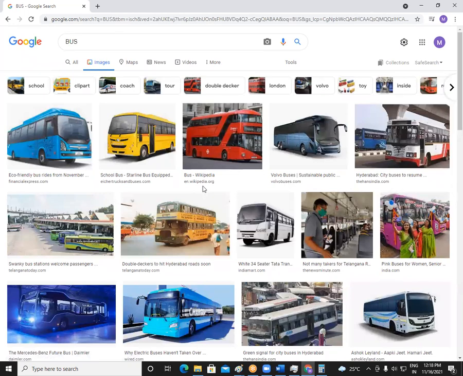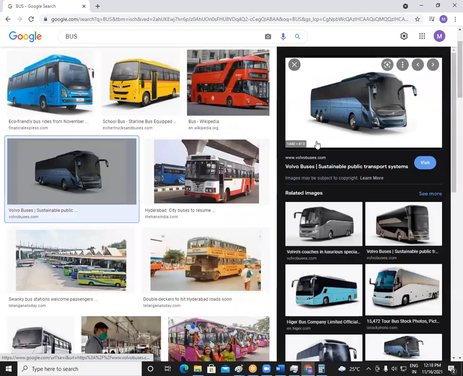So bus is something like a server. Bus will carry more people, and for a very long distance. So bus hardware is much bigger compared to the bike hardware. So bike is something like a computer or a laptop. Server is something like a bus. There are tires in bike, there are tires in bus. There is a seat in bike, there is a seat in bus. There is an engine in bike and there is an engine in bus. The component names will be similar, right? But capacity wise, bus has a much bigger capacity compared to a bike.